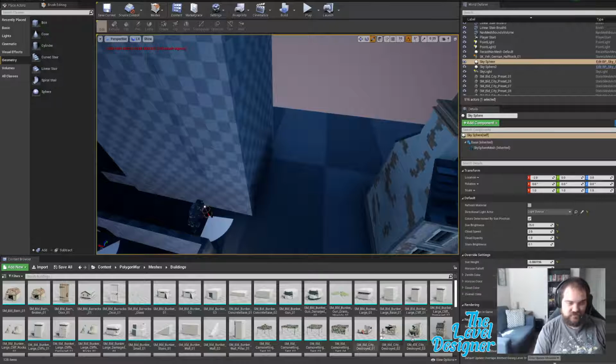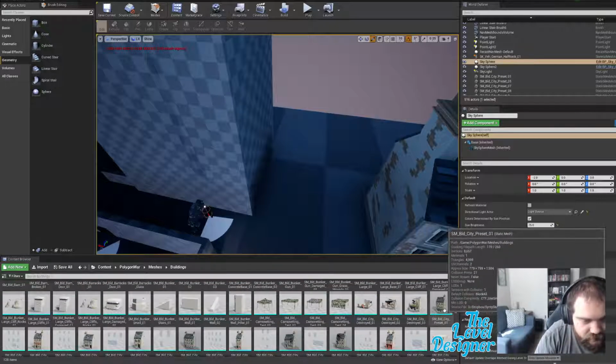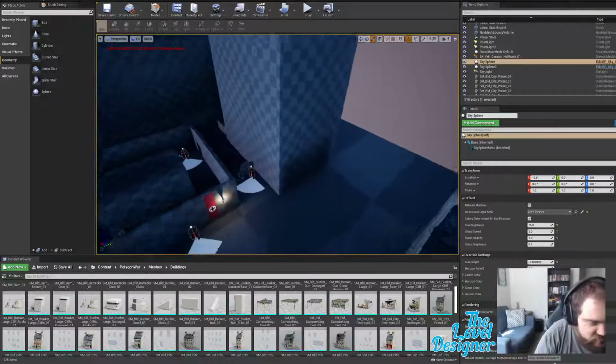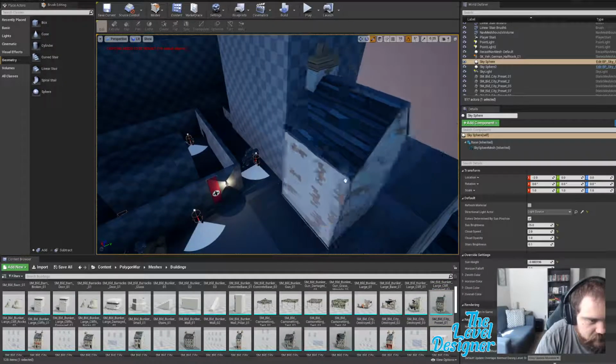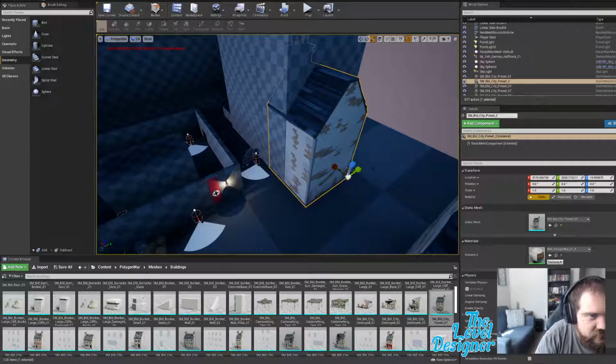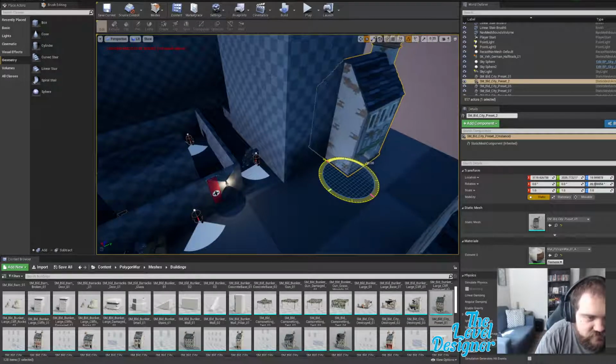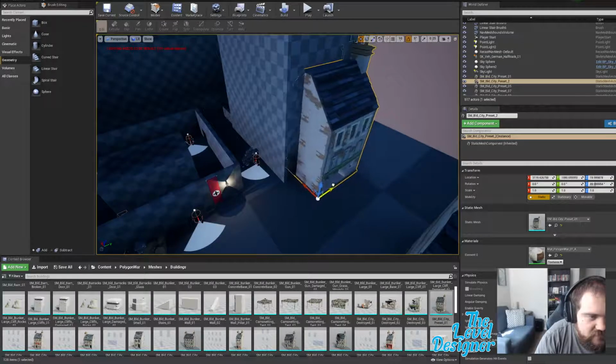So what I did was I went through here. This is gonna be like a street, so I put this right here, and then I have kind of the grid snap. So if I snap that,